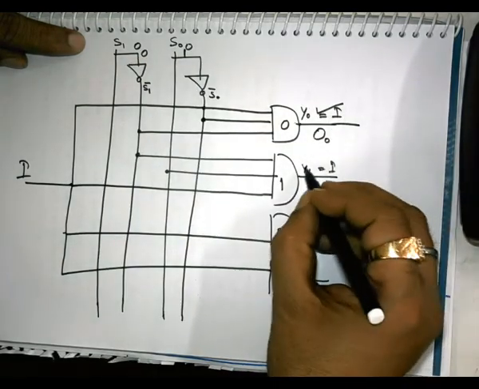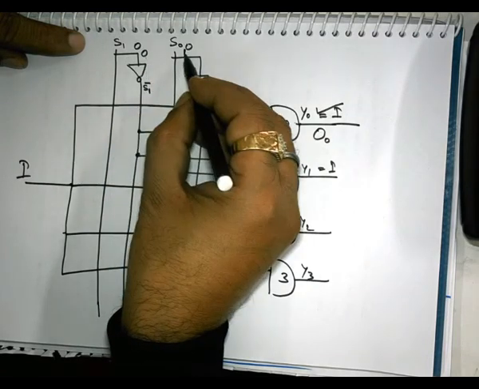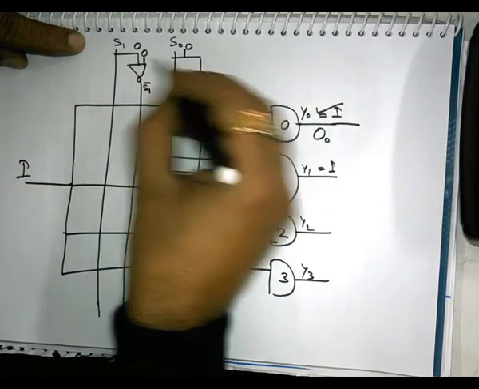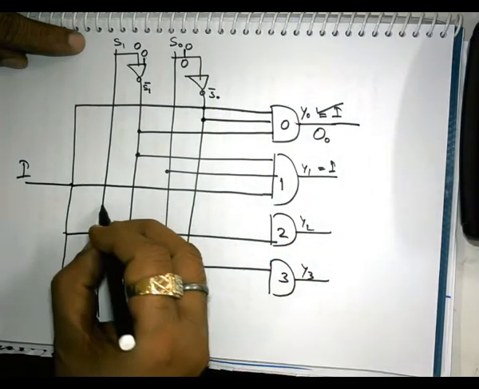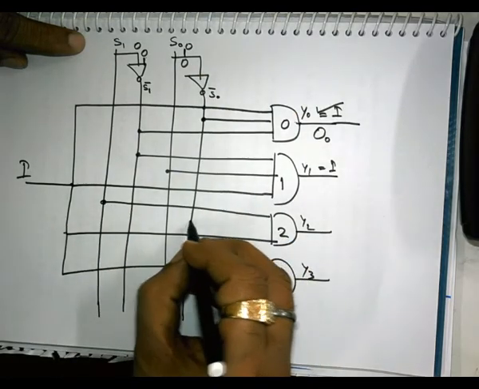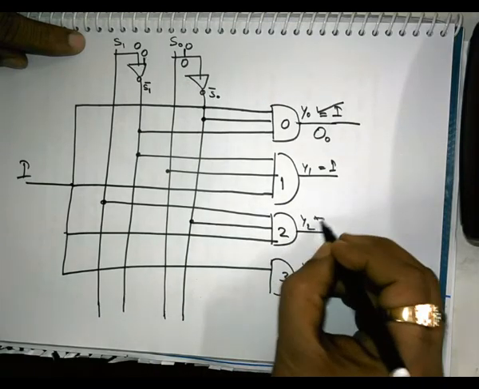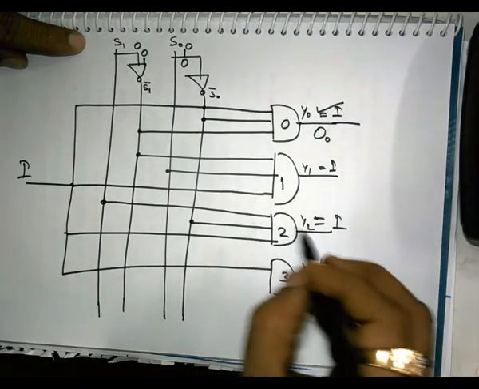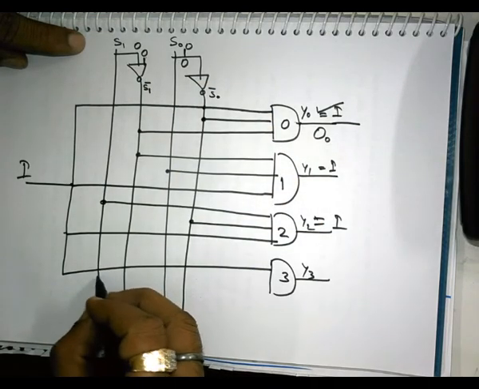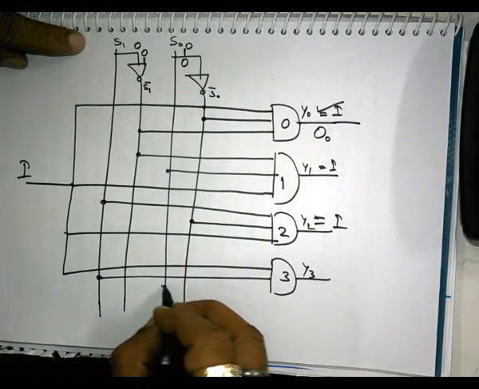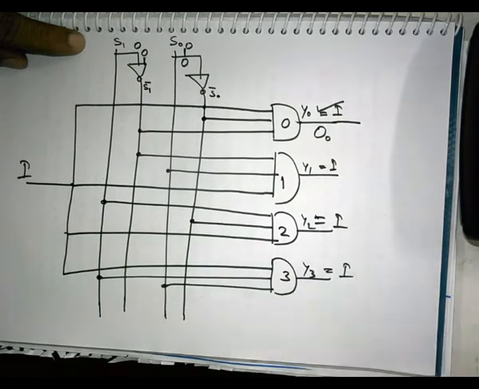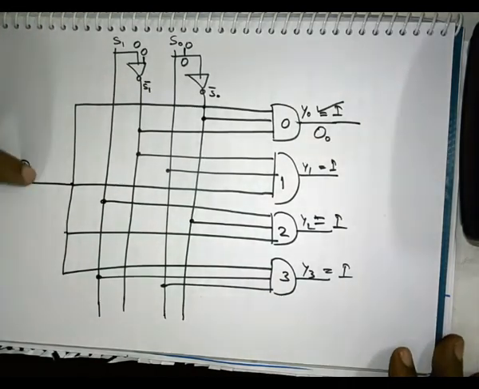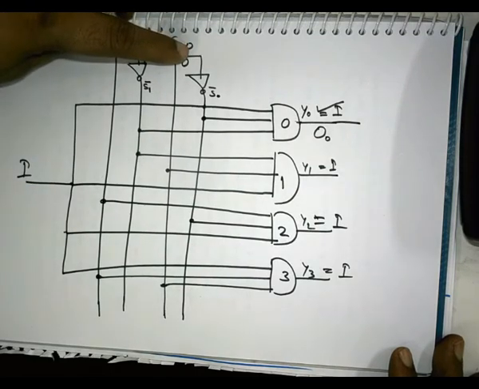Then this will come over here when S1 is 0 and S0 is 1. And if suppose this is 1, 0, then we have to make accordingly a connection over here. Okay, then Y2 will be equal to I, and if this is say 1, 1, okay, Y3, I will appear at Y3. This means this input can be routed depending on the line which has been selected. Okay, so this is the operation of your demultiplexer.